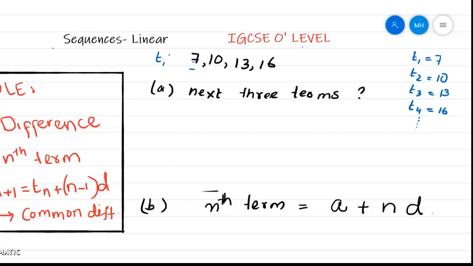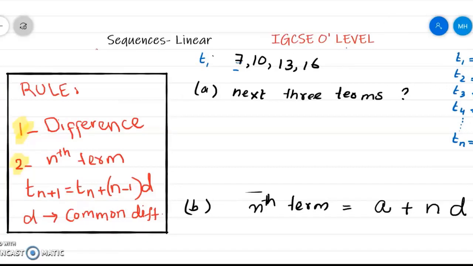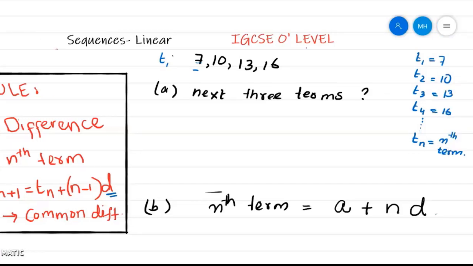Now, in a similar pattern, if we follow this sequence, we can say Tn is the term which has the number n, so the nth term will be Tn. We have a specific formula to find the nth term, and here D is the difference between two terms, the common difference or common rule for the sequence. If I apply these rules on examples and questions, it will clear your idea about